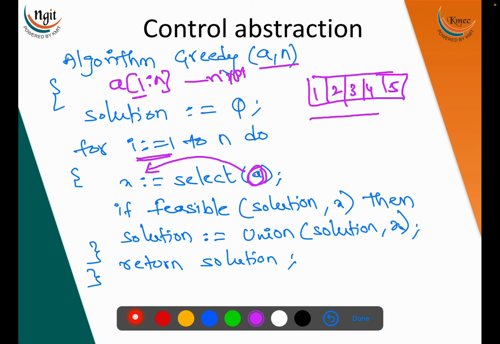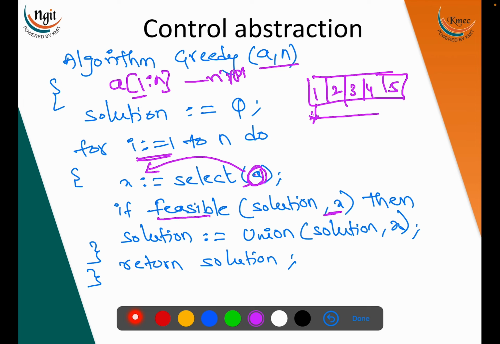What is x? X is my solution. X is a variable where I will be storing the feasible solution. If I am considering this 1 and it is my feasible solution, then I'll put it into x. Now I'm checking whether